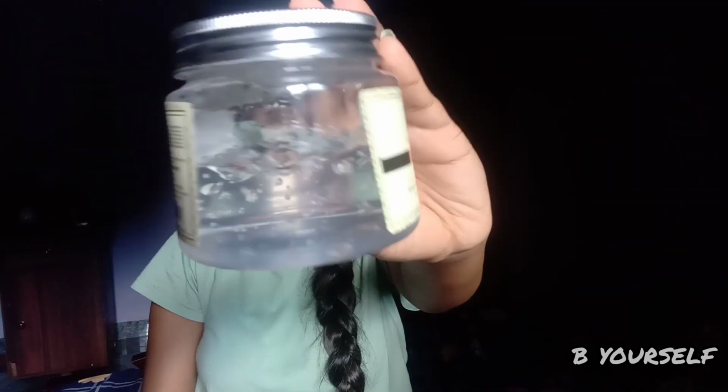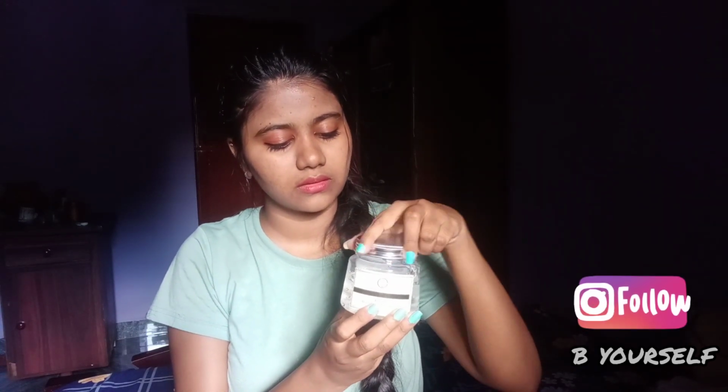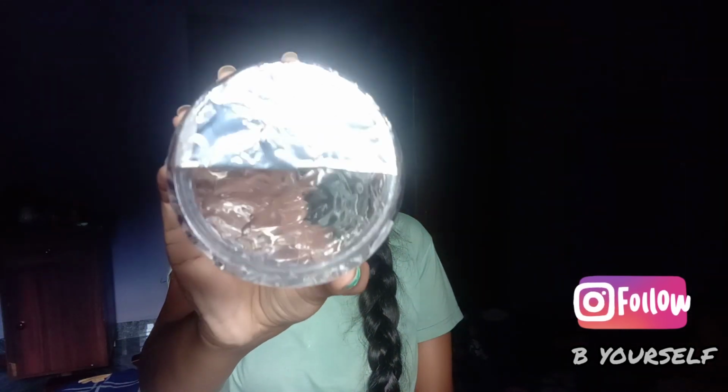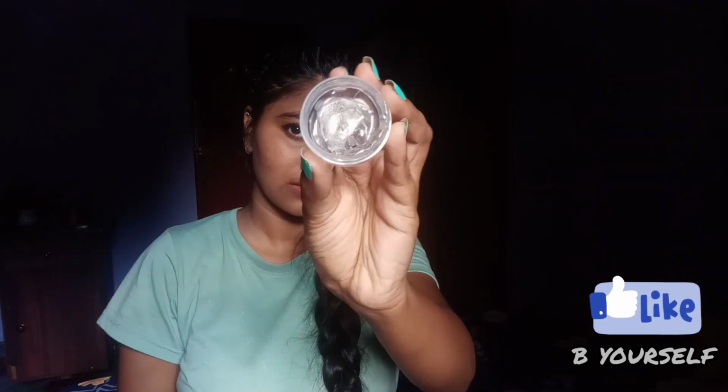For this cream you will need aloe vera gel. I'm using Cardi Naturals aloe vera gel. Use a gel that is transparent, with less chemicals, less fragrance and parabens. Take 1 teaspoon of aloe vera gel and add 1 vitamin capsule in it. This Cardi Natural aloe vera gel has fragrance. Actually it's transparent but it has fragrance, so I'm using this,